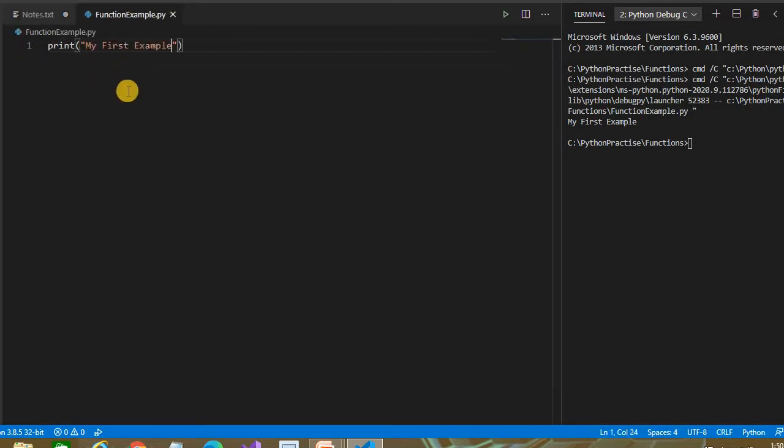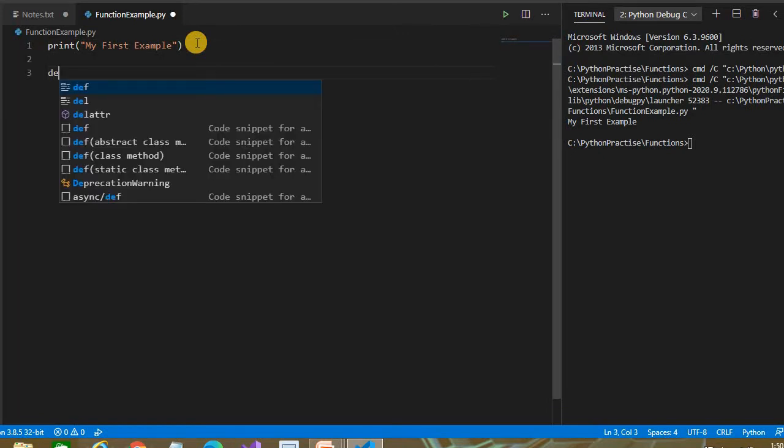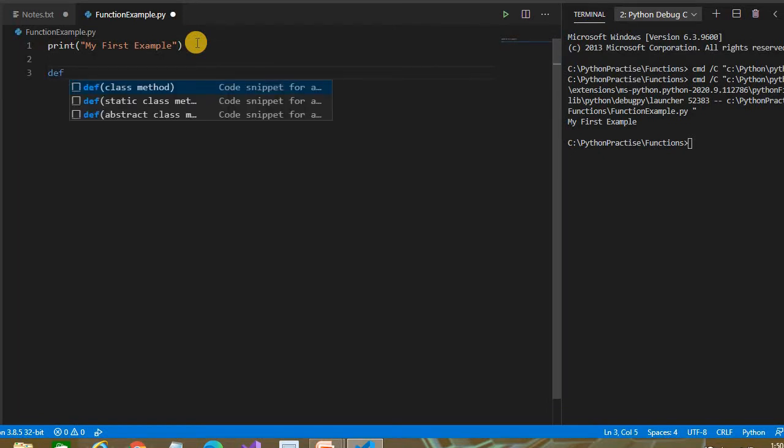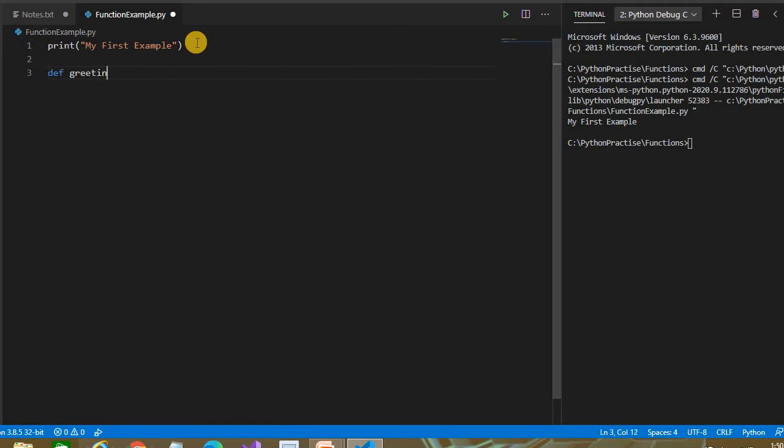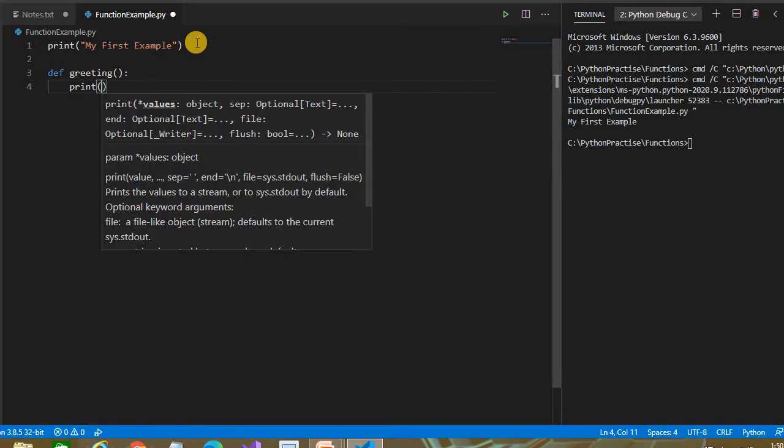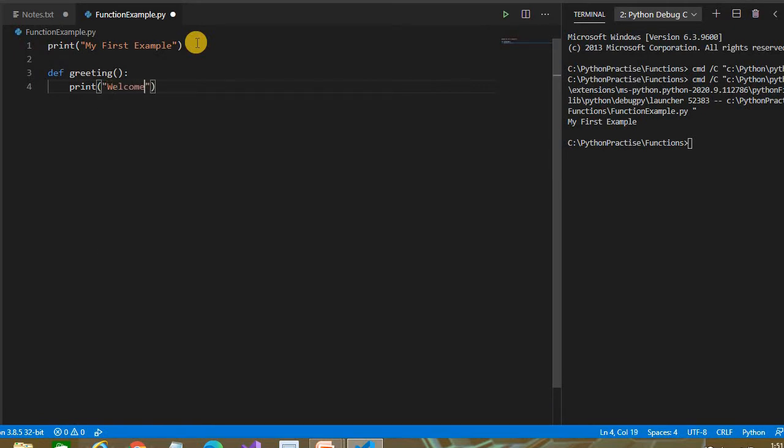Let's declare one function and then we will check this. Let's declare something like def greeting. We are not passing anything, just printing. What do we print? Welcome to function. Simply we run. This is the definition of the function, but how to call it?